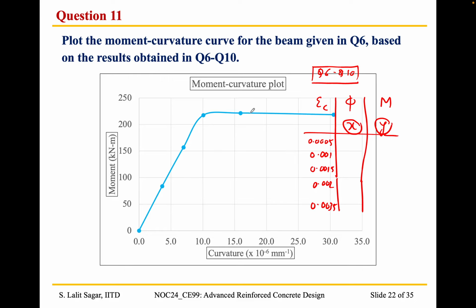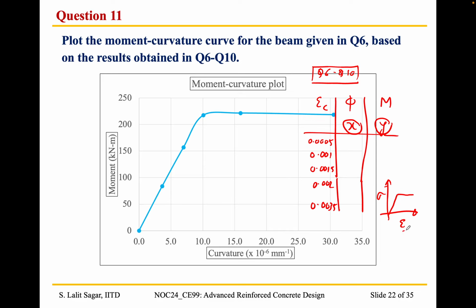Okay, because the concrete can undergo additional strain after the steel has yielded, and we very well know that if we consider the stress strain diagram of HYSD steel bars, it undergoes yielding at this particular point, and after that it continues to elongate,